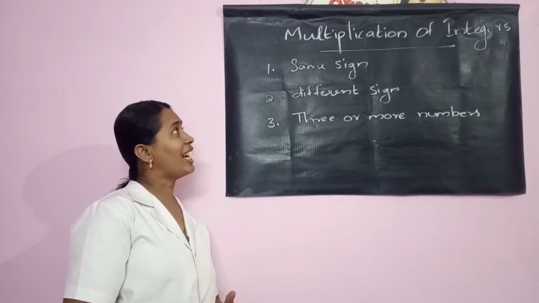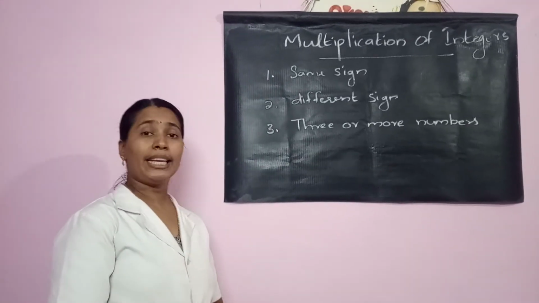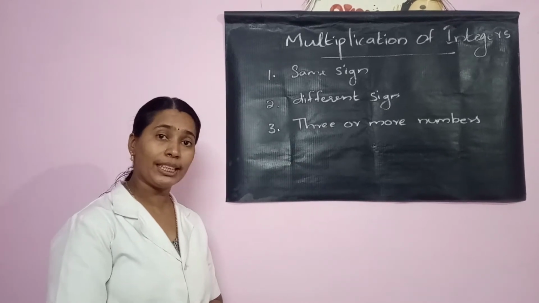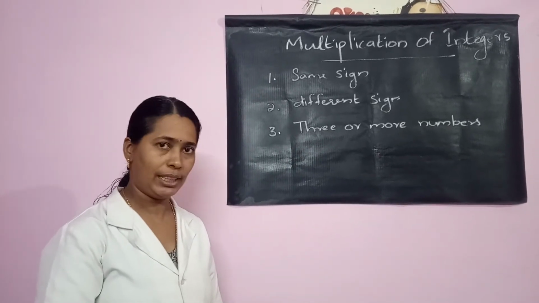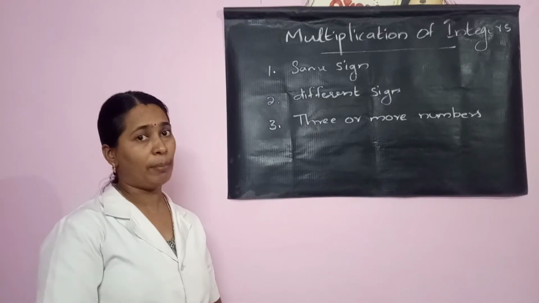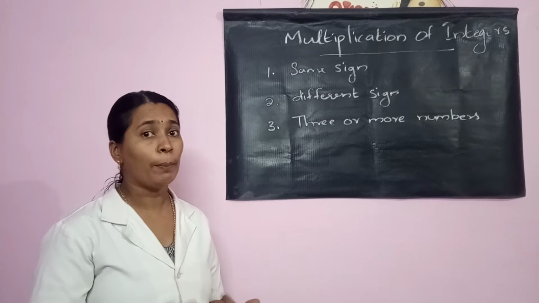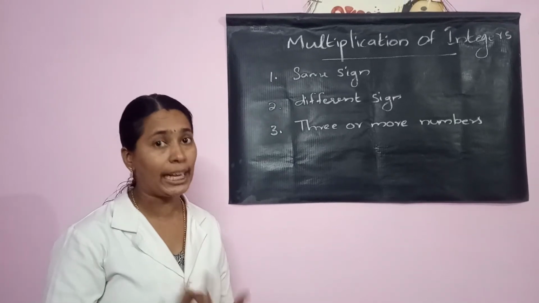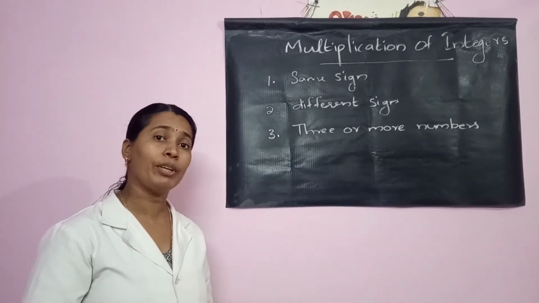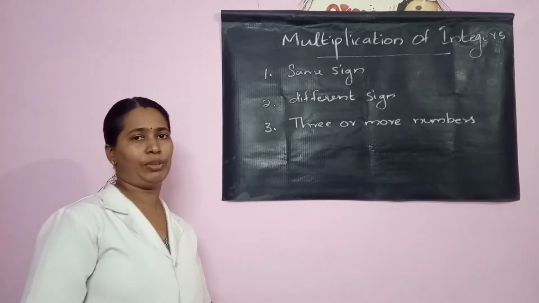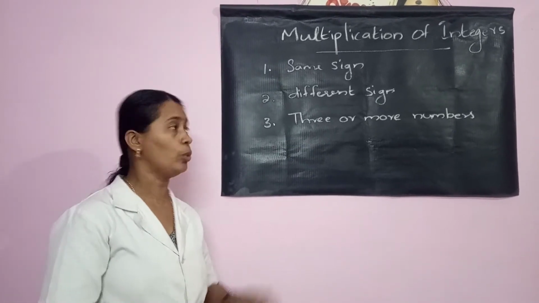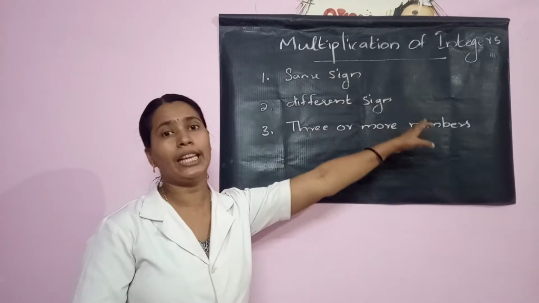So, in the last class we discussed addition and subtraction of integers and their properties, isn't it? You have studied the closure property, associative property, commutative property, property of 0, property of 1, etc. in the case of addition of integers as well as subtraction of integers. Next, we are moving to multiplication of integers.